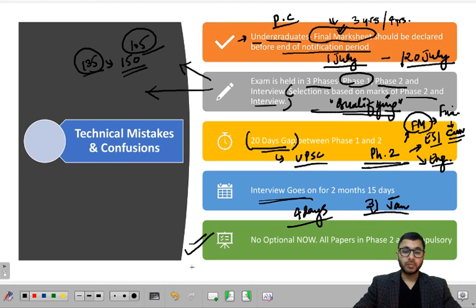Even on my website you will find all that information, but if I'm not able to update that information based on updations made by RBI, then whatever information is available on my website is useless, and relying on that can be harmful. So it's important that you always, whatever exam it might be, always use the official notification, download the PDF of the official notification and go through that. Okay, so there is no optional now. FM is compulsory. All papers in phase 2 are compulsory. So FM, ESI and English, these are the 3 papers. Okay,